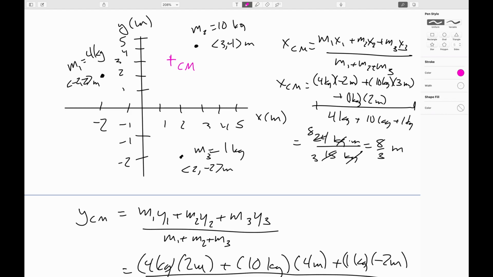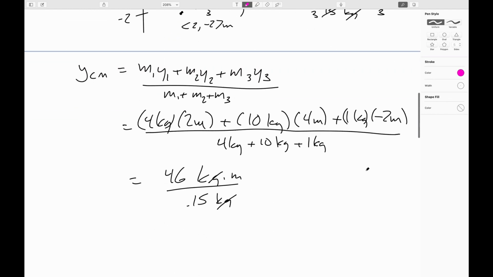Okay, so you say, well, that all sounds well and good, but normally we're looking at rigid objects which have on the order of a mole of atoms in them. So instead of adding up 3 things, we'd have to add up 10 to the 23rd things, and that sounds absolutely horrendous. And you know what? You're right. In order to do it in general, you would have to use the methods of calculus. But there are certain cases where